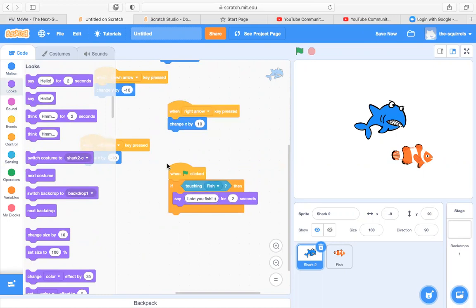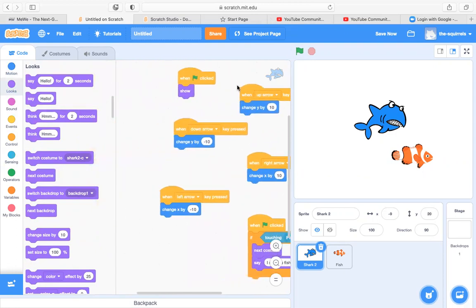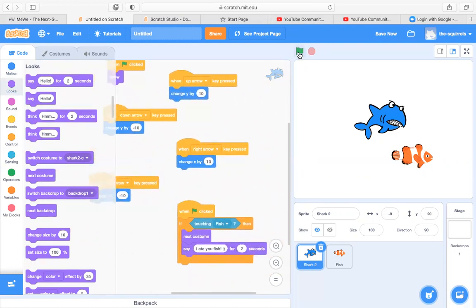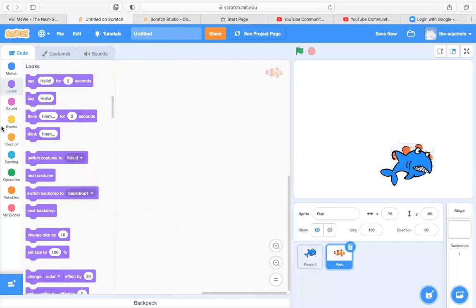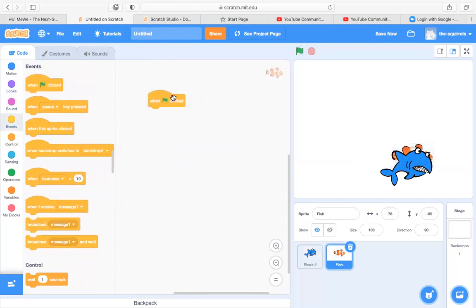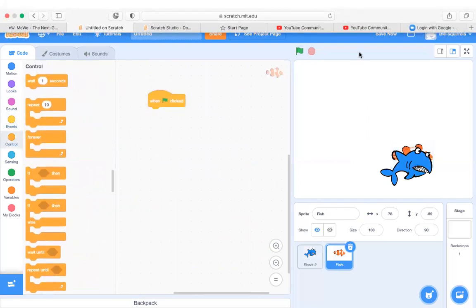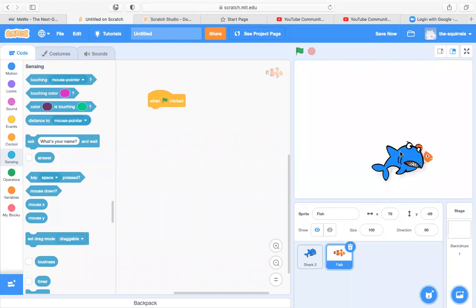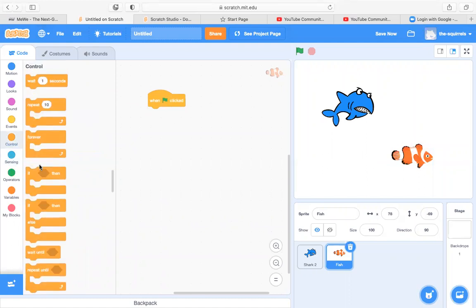I love the smiley face at the end. All right, and then maybe we can make the next costume. All right, so let's try that and let's see if when it touches the fish, it'll do that. Okay, so it's not working because we also have to put it here. Okay, so we're at our fish. Click back to the fish sprite and then when start clicked, go back to control,